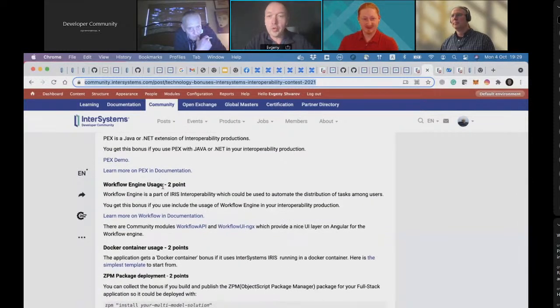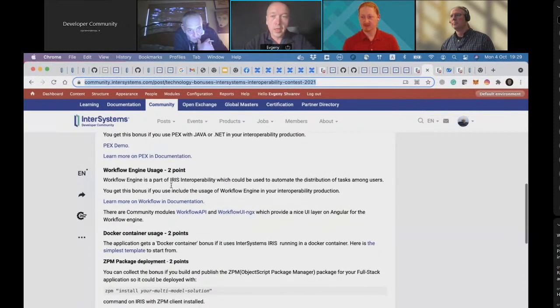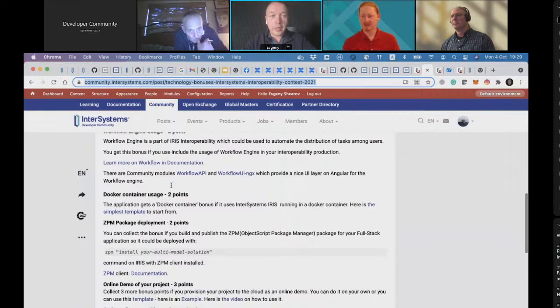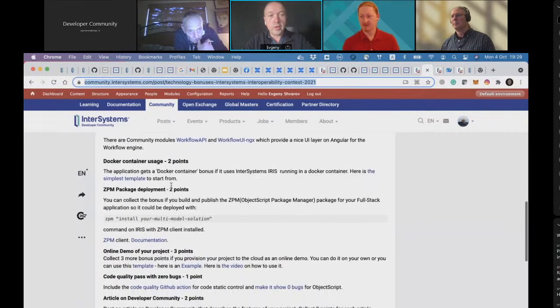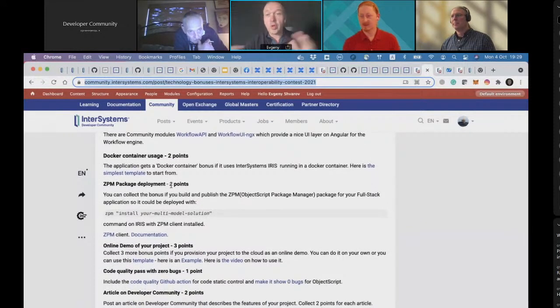For workflow engine, you will collect 2 more points. It's a special library package in interoperability that you can use to introduce workflow processes that include people or services in your interoperability production. And this is very specific to interoperability contest. And also, we, as always,